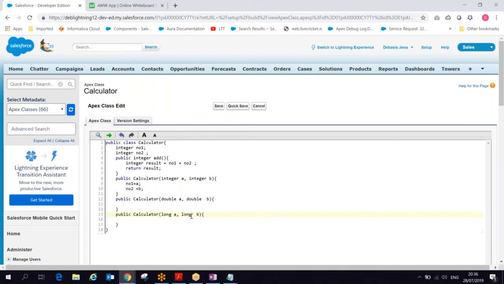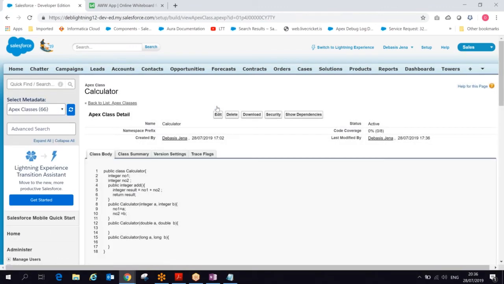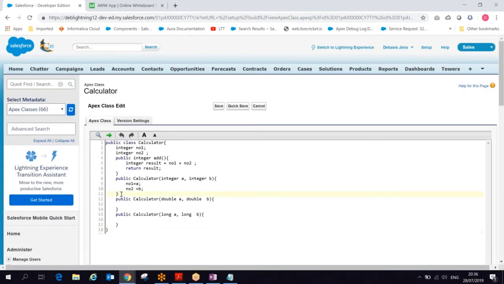So I'm saying I can do any parameterized change and I can write multiple constructors. See, I can also save it. So that means you can have multiple constructors with different parameters. I cannot write the same one. If I try to write the same constructor once again with the same parameters and try to save,